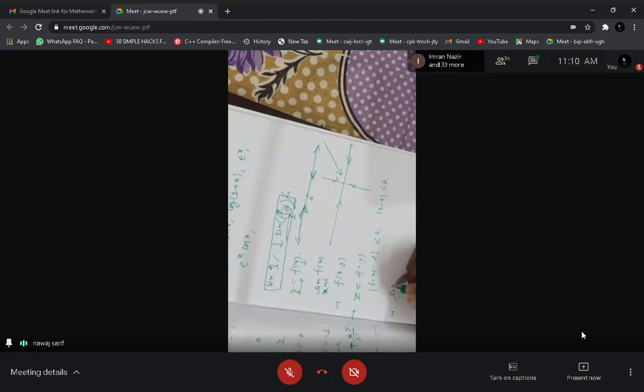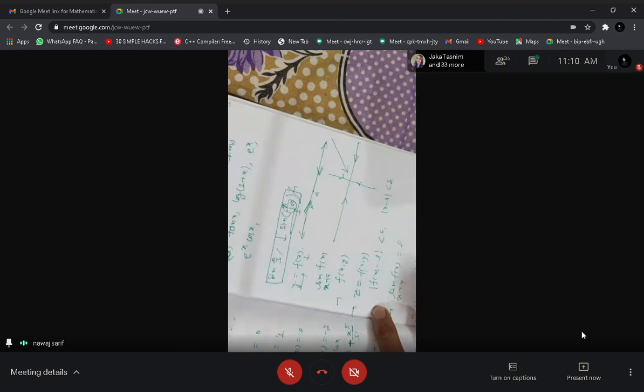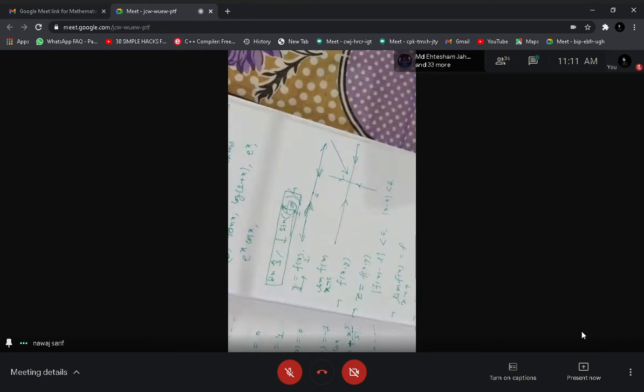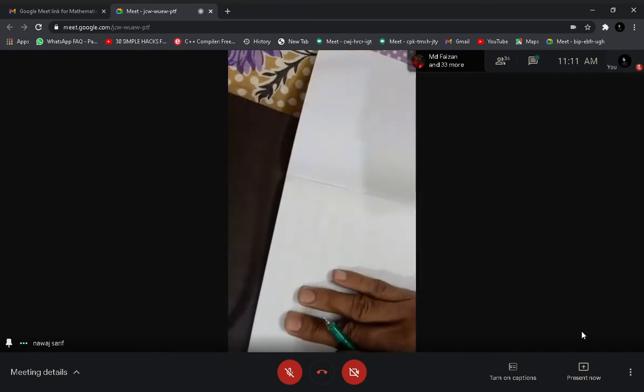In single variable we write limit of f(x) equals L as x tends to a. So when we have two variables, then this will be limit as (x, y) tends to (a, b) of f(x, y) equals L. This will be the limit. So this can be written as the limit of two variables.